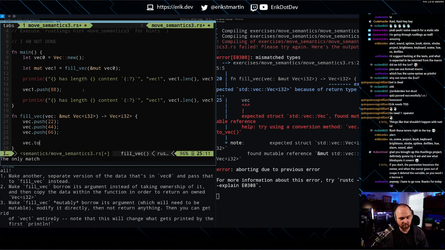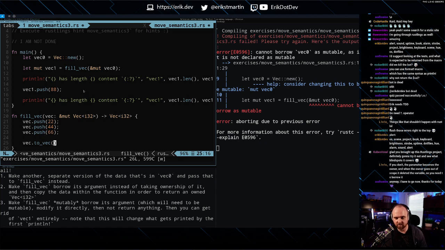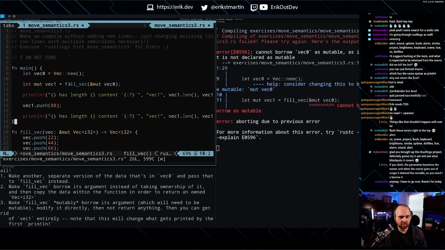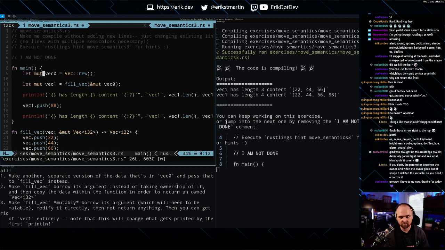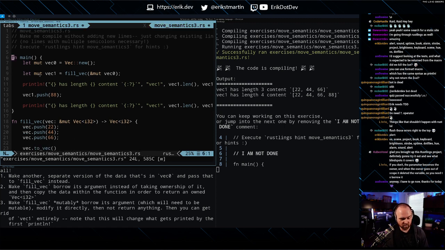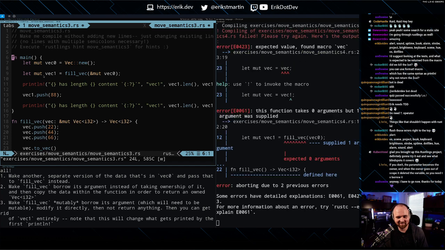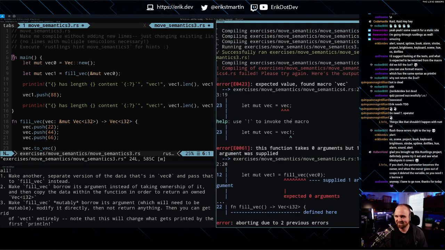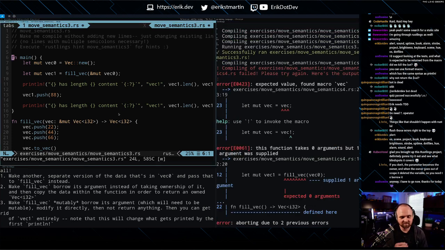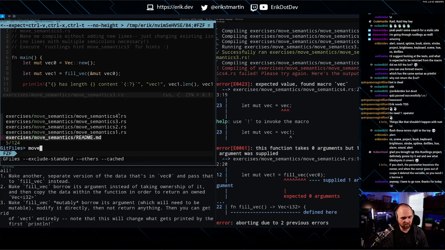So here we could do a to_vec to return it back, or we could change the return type. Cannot borrow as mutable. That's fine because we look at this. I'm almost starting to get the hang of it. All right, move semantics number 4.